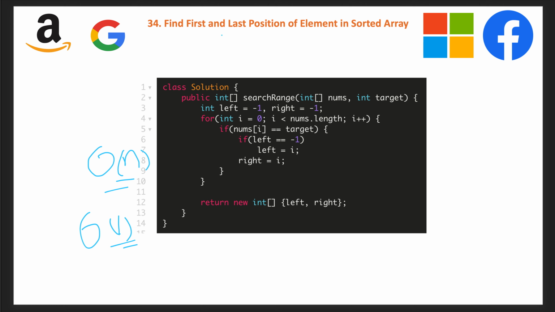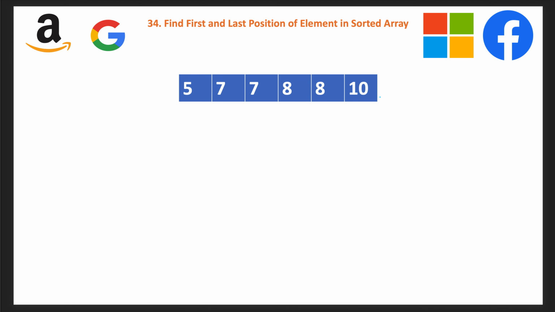As you can see, whenever a sorted array is given as data, we definitely think we can try a binary search algorithm. If you want to know what the binary search algorithm is and what the different templates of binary search are, I have a dedicated video on that. I have covered everything, so you can check out that video before this one, and it will give you an idea of what binary search is. So let's understand how we will apply binary search.